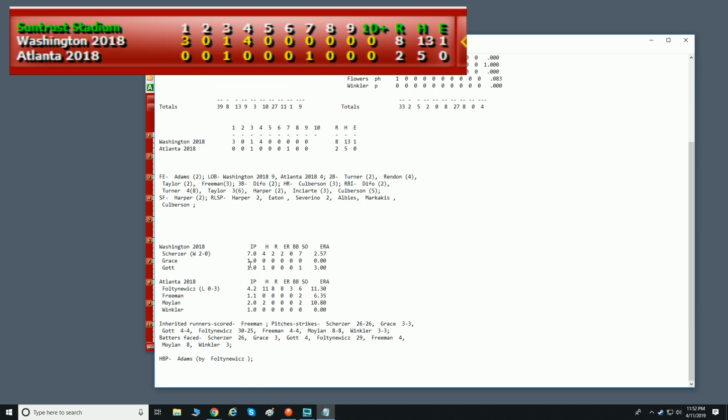So Scherzer goes 7 innings, 4 hits, 2 runs. Both of them earned. 7 strikeouts, 2.57 ERA. You'd think that's pretty good, right? So we compare that to real life. Max Scherzer in real life, ERA 2.53, so 2.57. That's pretty darn close to real life. So if you're looking for historical accuracy, although this is not accurate,